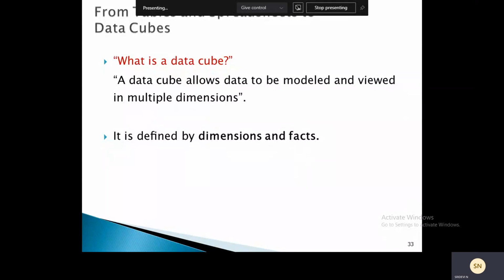A data cube allows data to be modeled and viewed in multiple dimensions. It is defined by dimensions and facts.